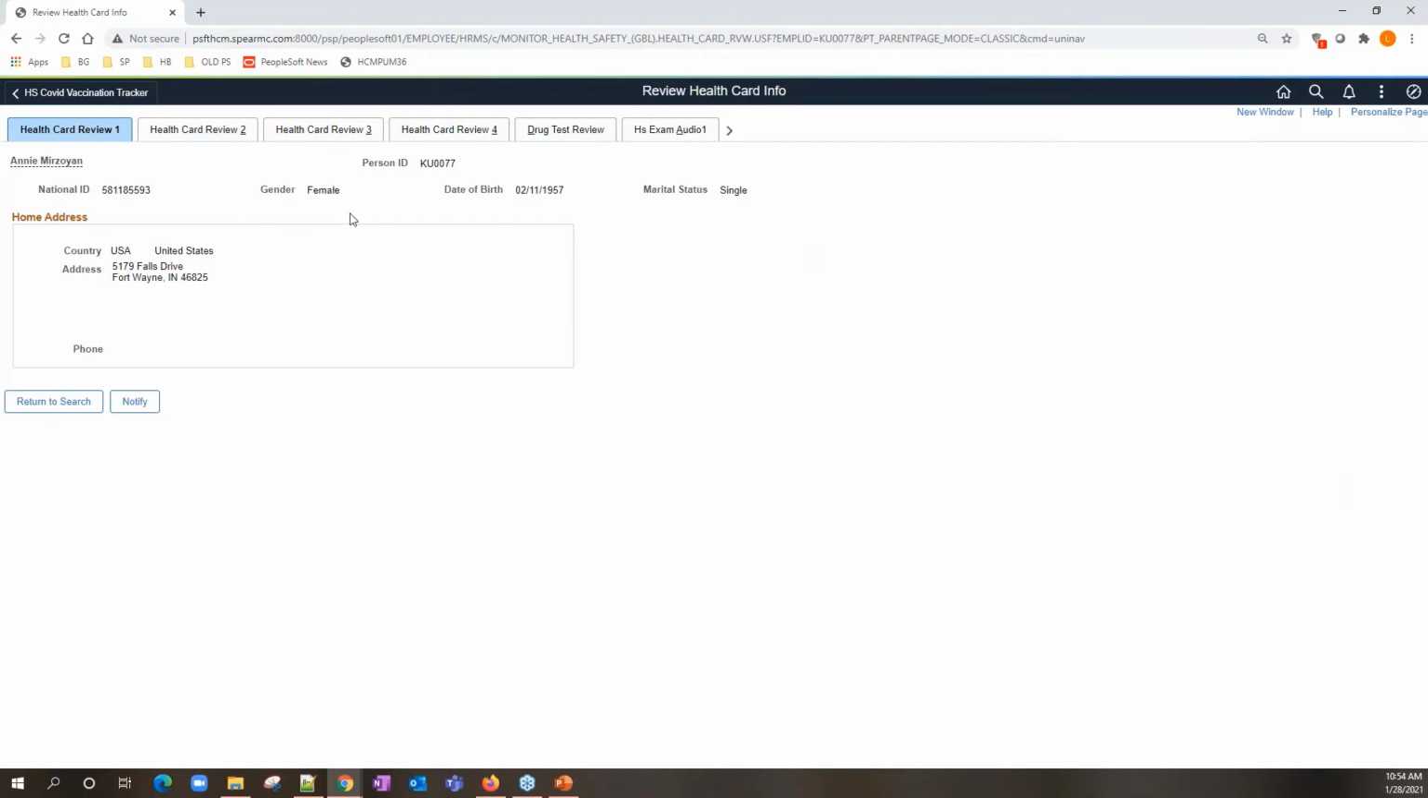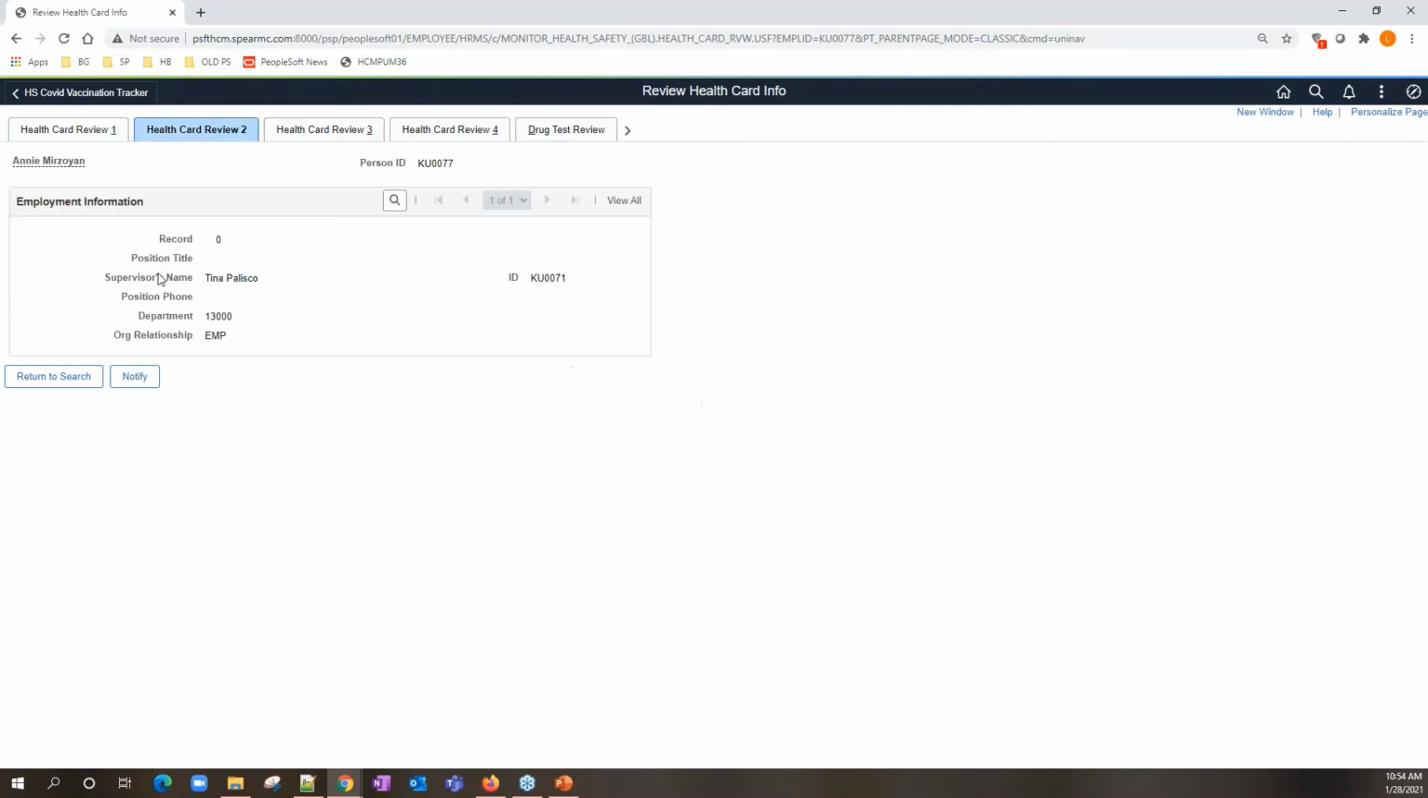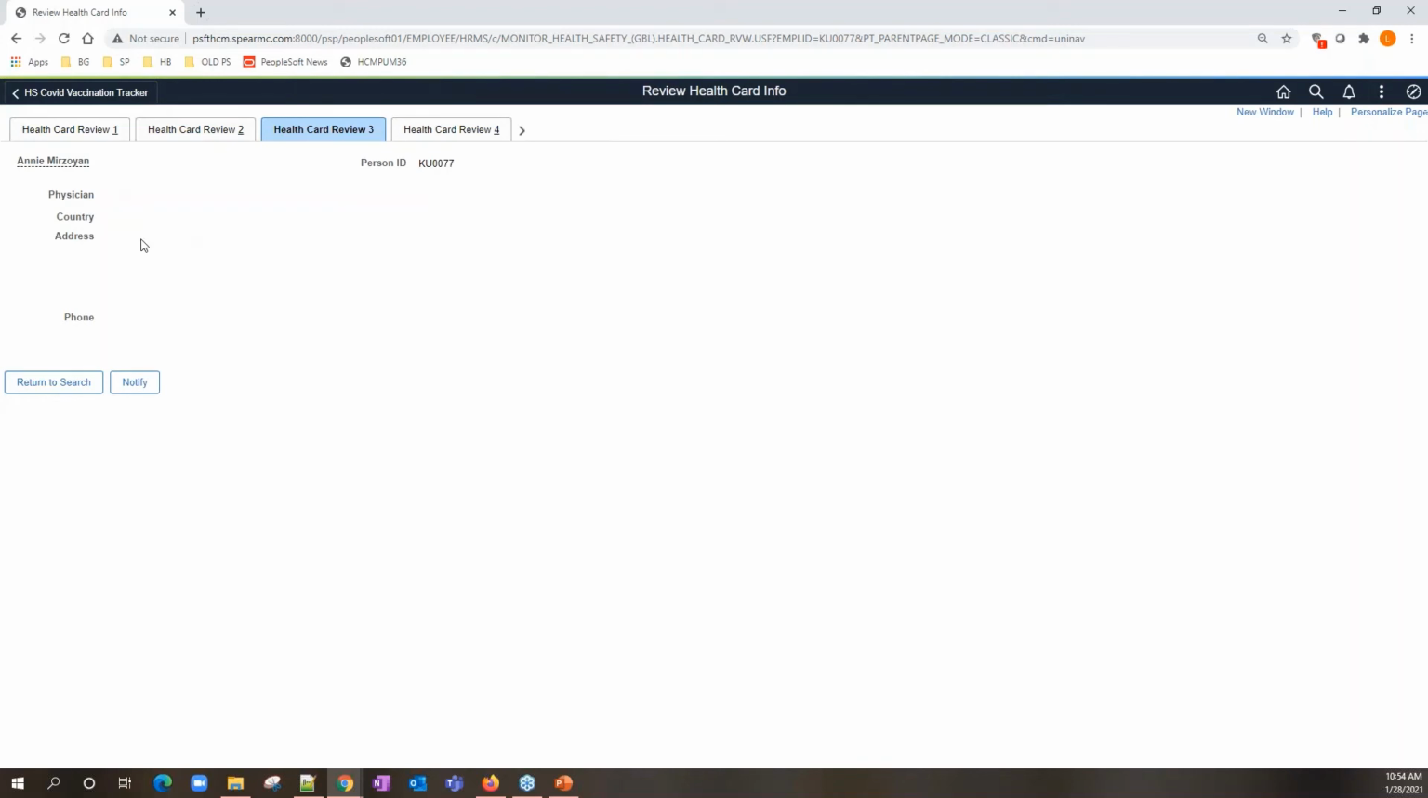This admin does not have access to enter the health card. This particular user I have logged in as only has view-only access. So the health card has various sections in it. This is a review page, and it shows the employee's address, what is their employment, any physician information if the